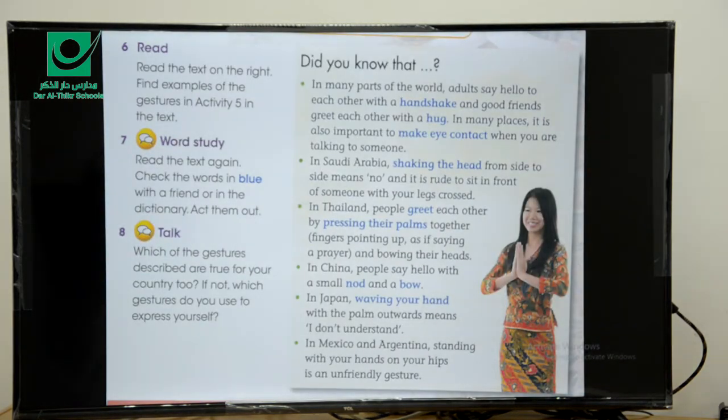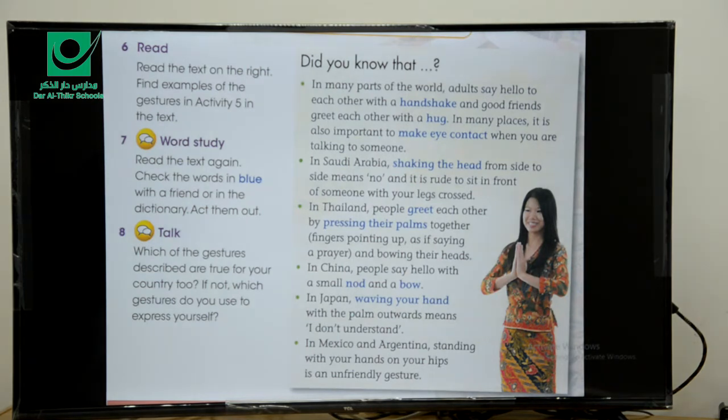Okay, now we are going to move to exercise number 6. We are going to read a text and find examples of the gestures in activity 5 in the text. Did you know that? Please follow the reading. Did you know that? In many parts of the world, adults say hello to each other with a handshake and